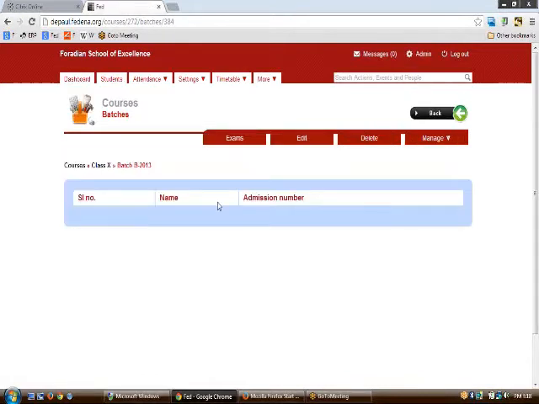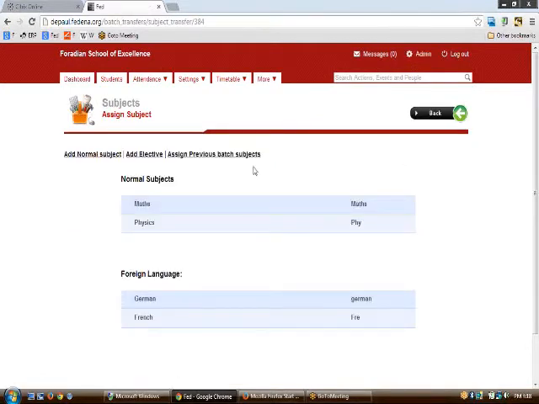So now you have your batch created, batch B 2013, where you have subjects from which two are normal subjects, that is maths and physics, and a foreign language group in which you have two subjects.